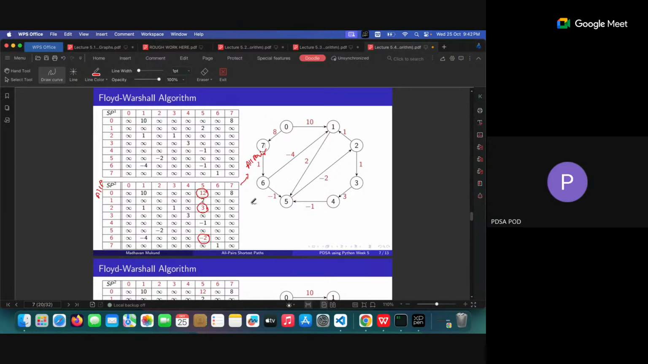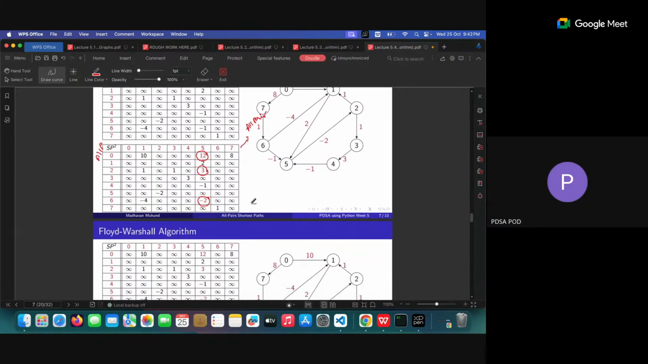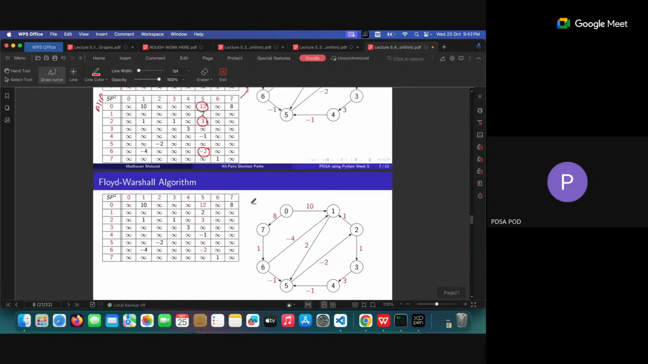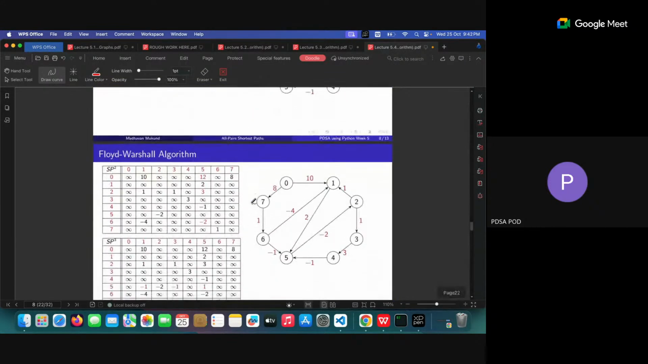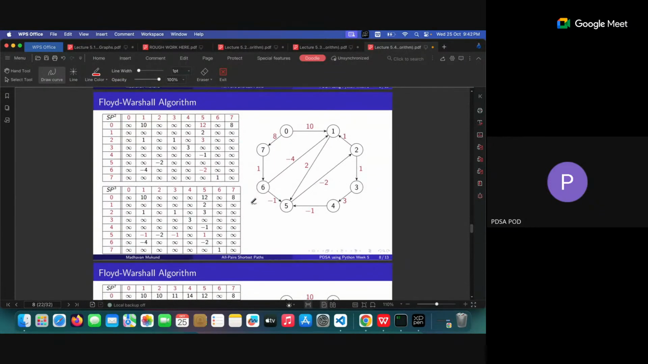And if you go for SP1 and then SP2, okay. If you go for SP3, yeah, in SP3 there is a change. See, look at here, in SP3 there is a change again. So 5 to 1, earlier it was infinite, now it is -1. And 5 to 3, earlier it was infinite, now it is -1. See, whatever red color one is updated in each cycle, each version, shortest path is updated whenever the next version is